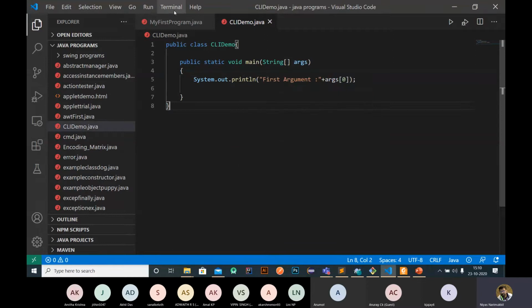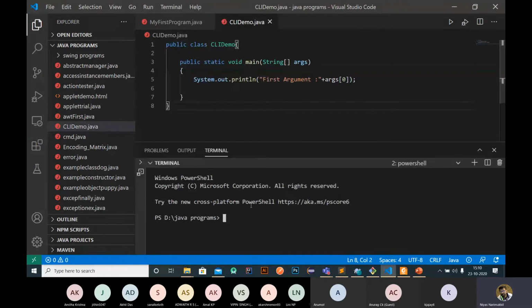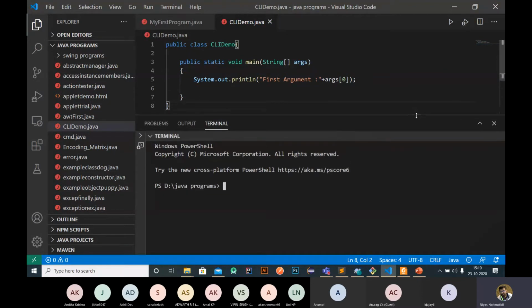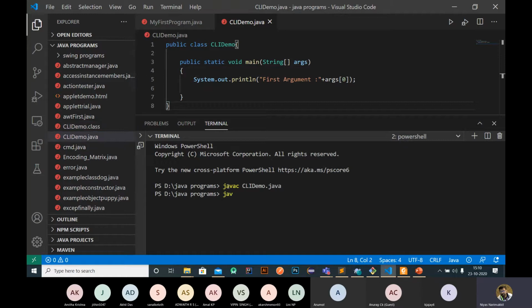If you are running this, let's open a terminal. First of all, we need to compile this program using javac CLIDemo.java. It is compiled. Now we are going to run the program.